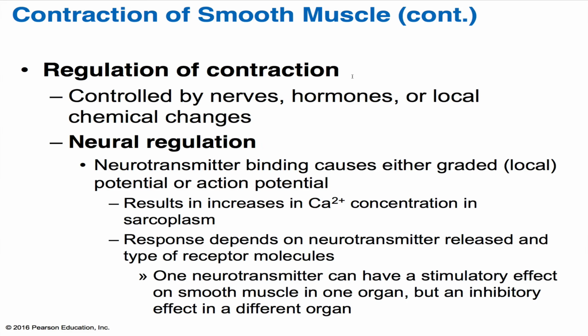In certain cases, the activation of smooth muscle by a neural stimulus is identical to that in skeletal muscle. We have an action potential that's generated by a neurotransmitter binding and is coupled to a rise in calcium ions in the cytosol. However, some types of smooth muscles respond to neural stimulation with the graded